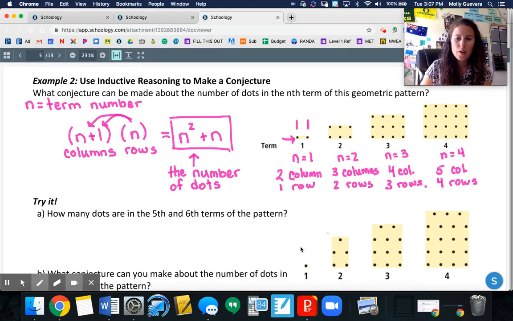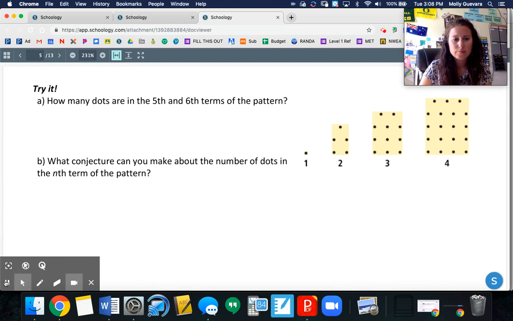So here I want you to try this one. See if you can come up with a pattern. Really inspect it. Take some time. Pause the video. See if you can come up with some sort of pattern to help you figure out how many dots are in each term. So really take your time and see if you can figure it out, and hit play when you're ready. Okay,